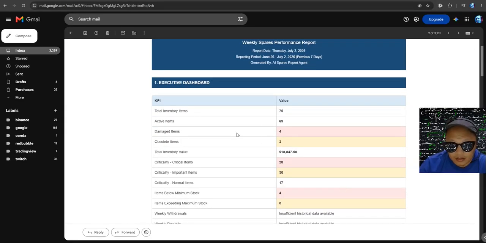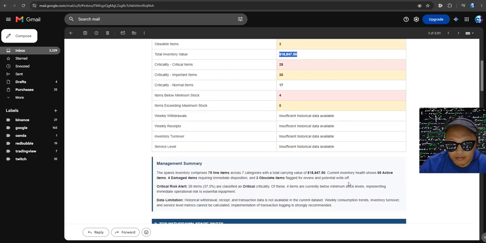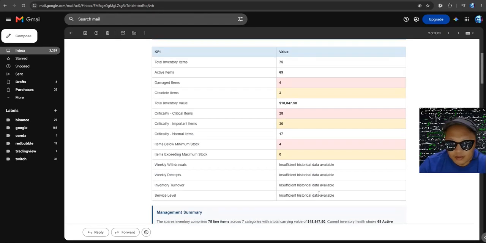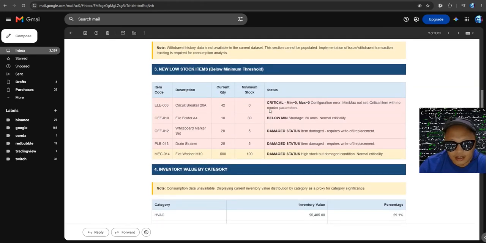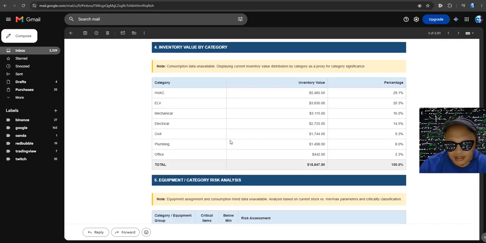So this is even the value, critical items, because it's important for operation. That's why I like this critical. And it will monitor the low stock items, so it will tell you to buy now. What are critical if it reaches zero, even the costing.